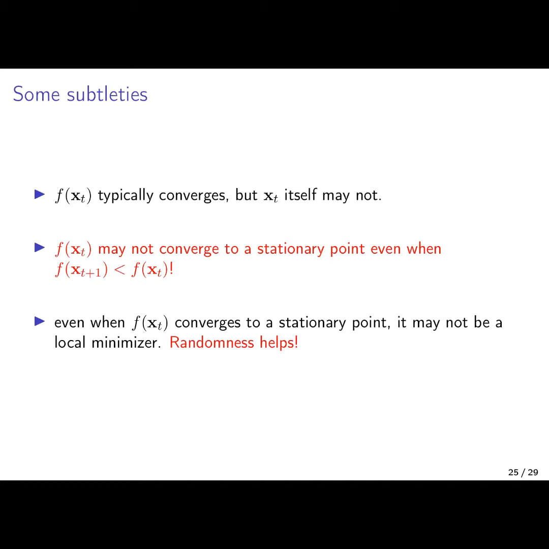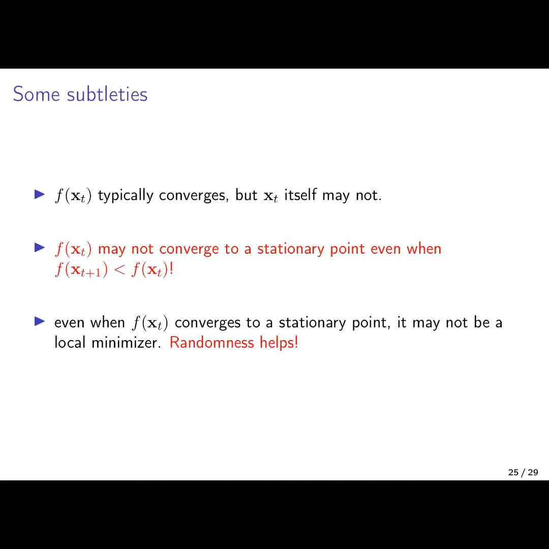Okay, and a common mistake for people who have probably never taken an optimization course is that they often mistake the convergence of f(x_t) with the descending property. Okay, so if I have an algorithm where I strictly decrease the function value at each iteration, does that mean I will converge to a stationary point? The answer is no. Okay, and there is an example in the notes, but here let me just give you a very simple